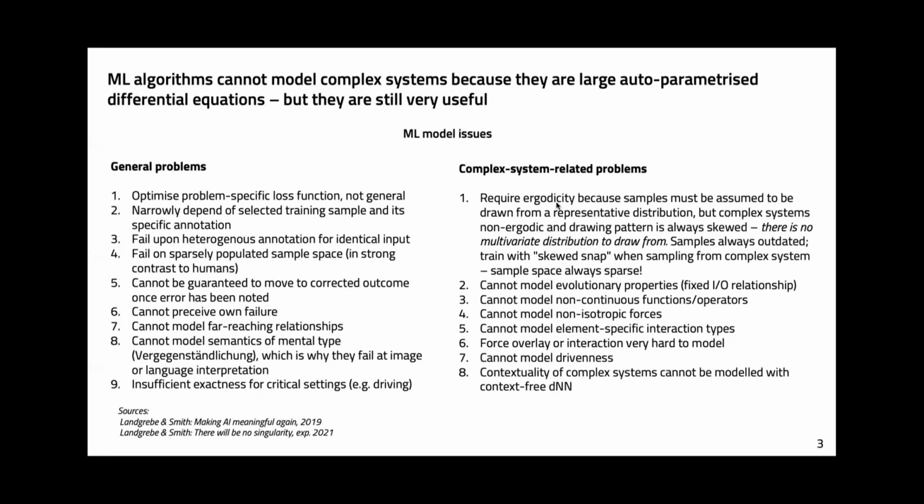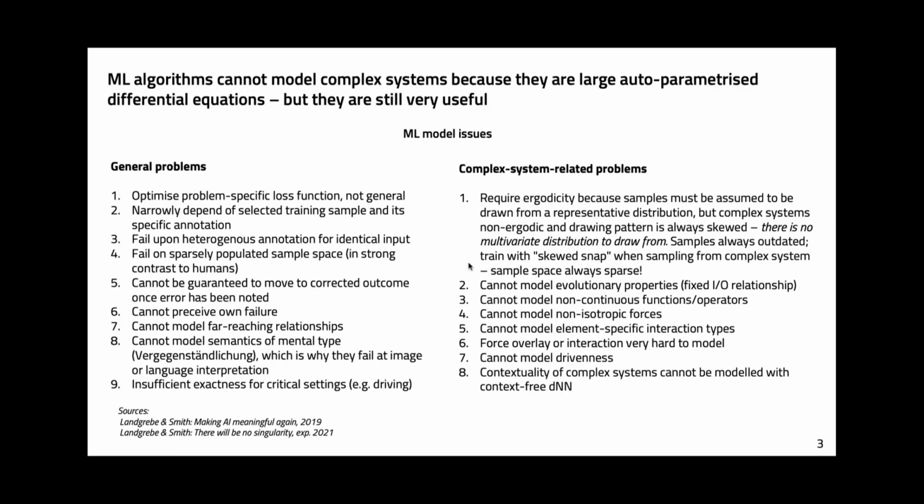Those are the general problems that have been known for machine learning even before deep neural networks were invented. Even in the 1970s, when there was just logistic regression and the perceptron approach, it was already clear to every statistician that these are the problems of such models. On the other hand, there are also problems that are less well known, that are described in our book, There Will Be No Singularity, that we expect to publish this year. It's currently with the publisher for review.